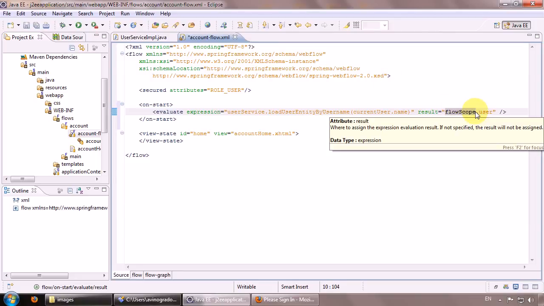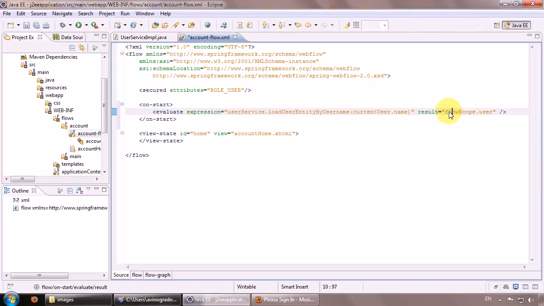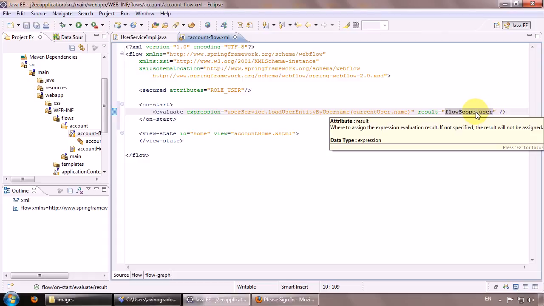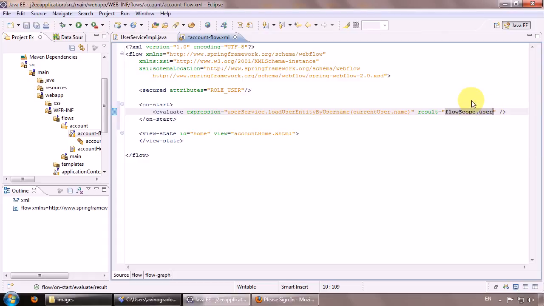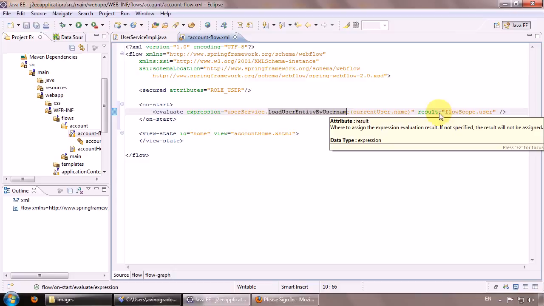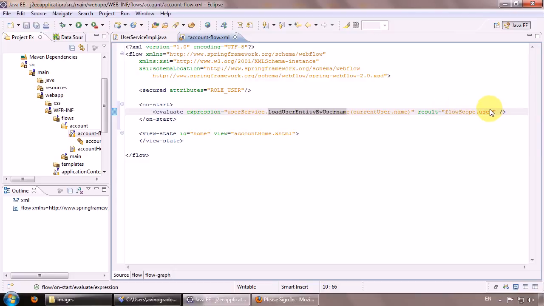And what this means, flow scope, it could be also view scope or request scope. So there are different scopes in which this variable will be available. In our case, we put this variable into the flow scope, so that means that this variable will be available across all flow until it is destroyed. So we put that object returned by this method into this flow scope user variable, and this is a user entity